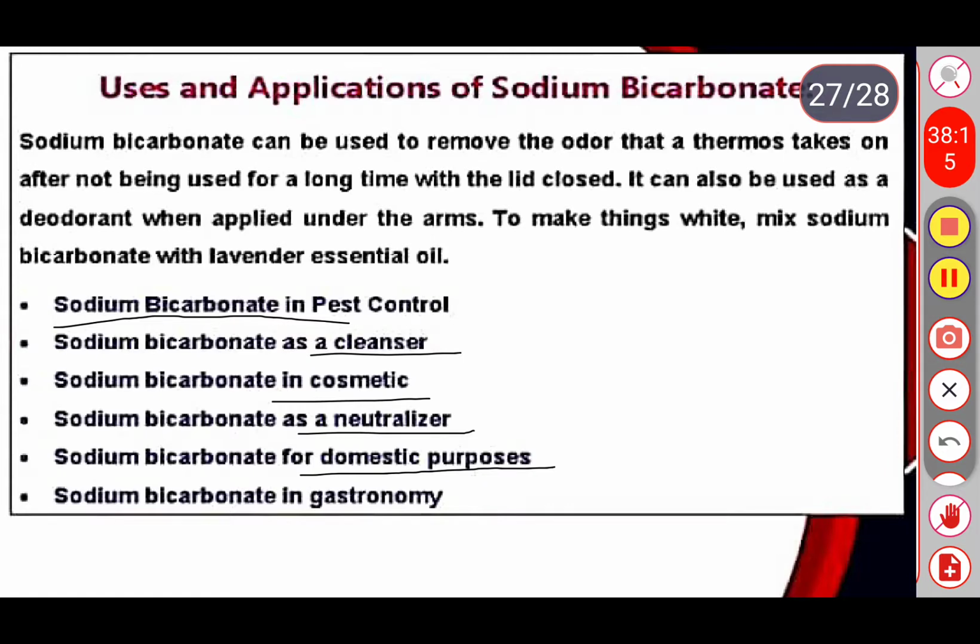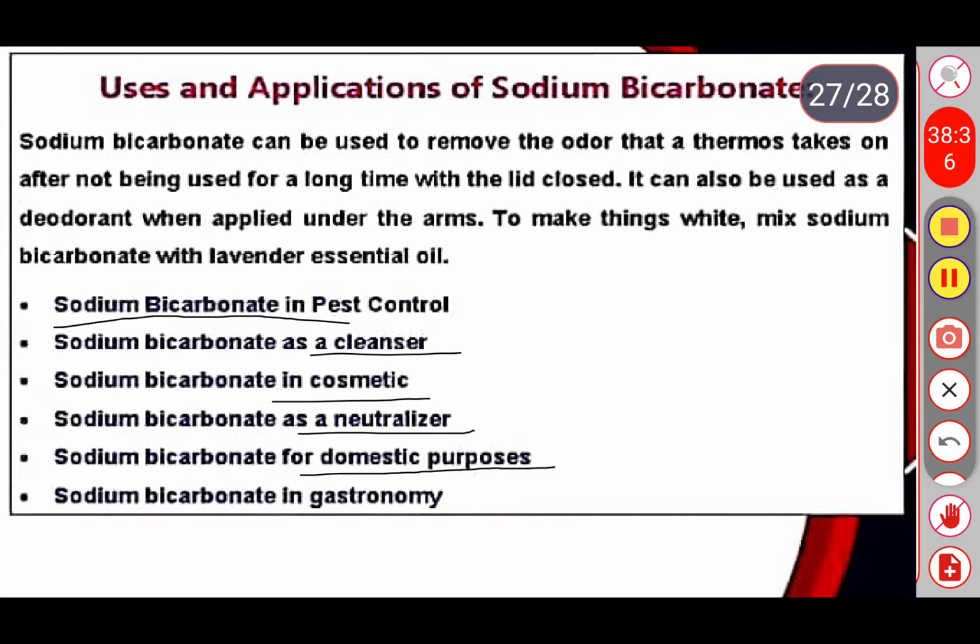And next we have some more salts like potassium nitrate. Potassium nitrate is used to make gunpowder, fireworks and glasses, and it is also used as a fertilizer in agriculture. Next one,